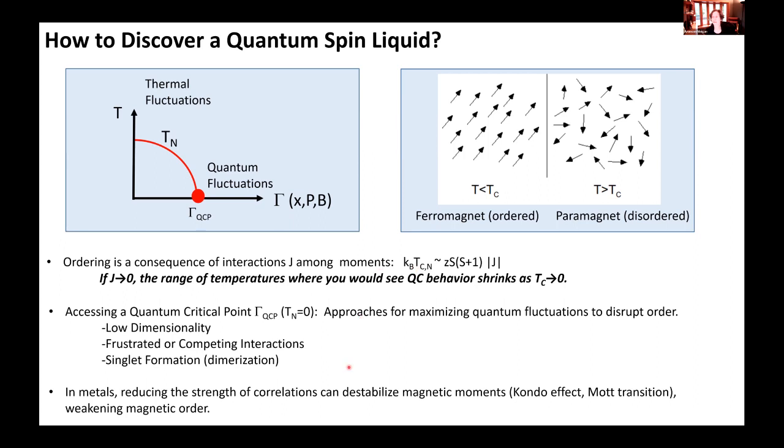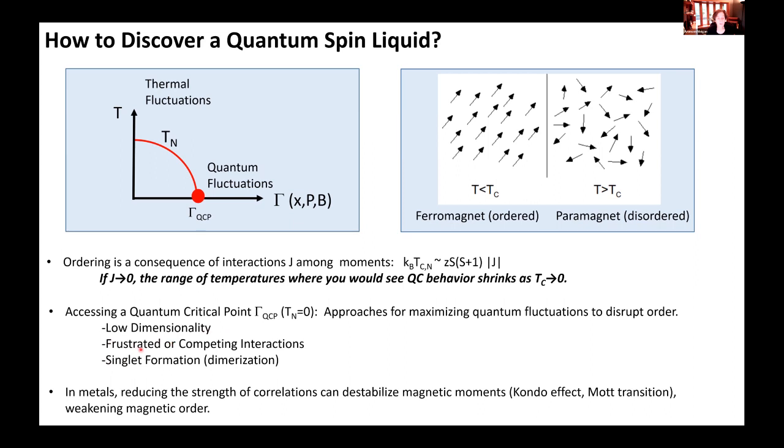For that reason, a more conventional way, or a more successful way of finding quantum critical points would basically come down to finding ways to maximize quantum fluctuations in these materials. And if those fluctuations are sufficiently strong, order will be impossible. So one way that you can do that is by looking at materials that are intrinsically low dimensional from the electronic perspective, and so 1 or 2 dimensional. And the Mermin-Wagner theorem tells us then that the long-range interactions are limited and magnetic order will be suppressed.